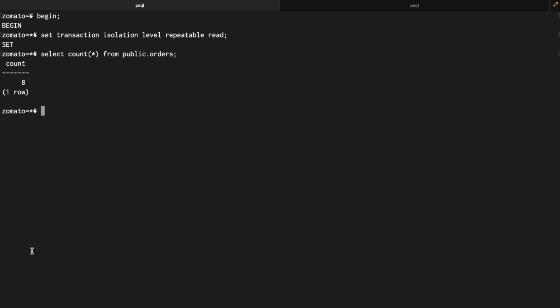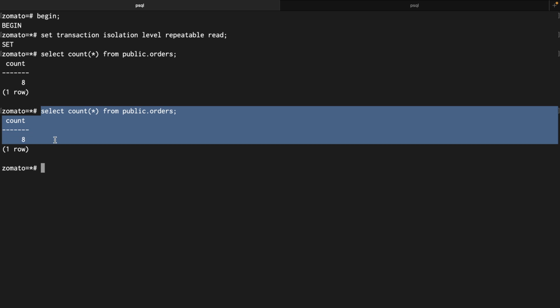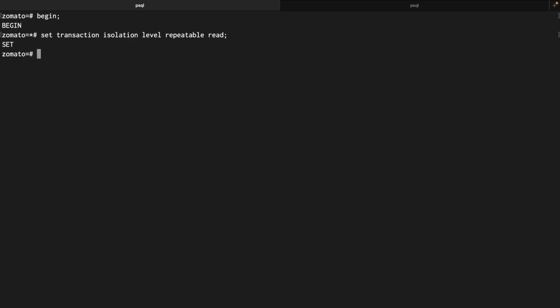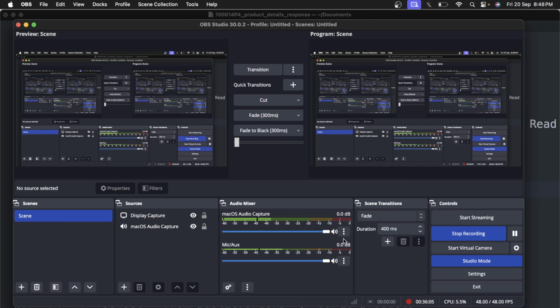Now if I select count asterisk again here, 8 rows are there. It is not reading from the committed data right now, it is reading from the snapshot. Great. Now if I do commit, it will be ready. Cool. So alright, let's start the